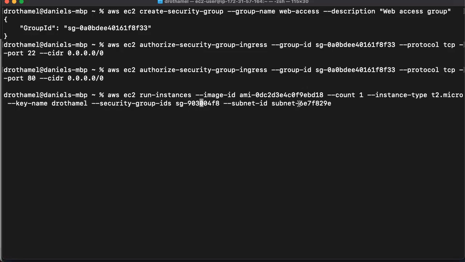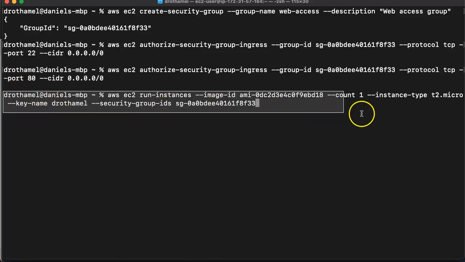Now, this is where we need the security group ID. So we go back up here to attach the correct security group. Otherwise, it's going to give us the default group, and that doesn't allow us access, as we mentioned before. So we put that in. We can take out the subnet and it'll just use a default, because that to us doesn't matter. All right, so now when we hit enter, this should, Lord willing,